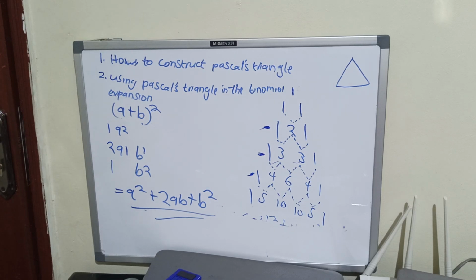I think that one is clear. If you don't understand it, I'll come back again and clarify. If you have a question on how to construct Pascal's triangle and using it in binomial expansion,